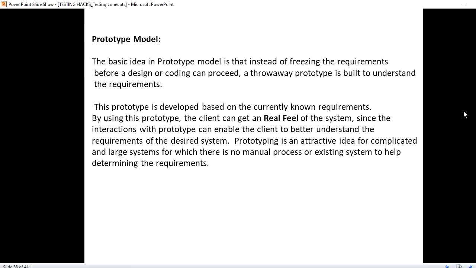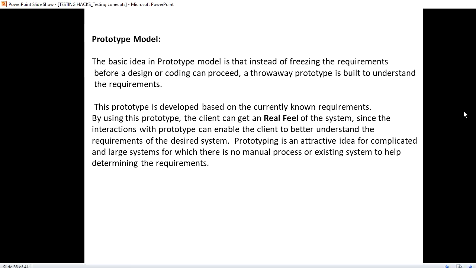In real time, the situation might differ. When we are doing a small project, the other models fit in easily. But with a large scale system, you don't have any idea of how it looks and what is going to happen. In that case, the prototype model helps the customer understand what's going on.